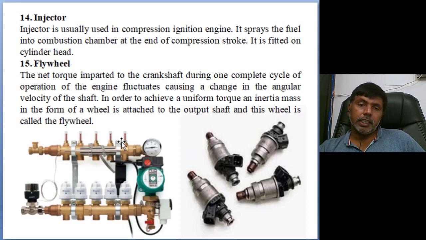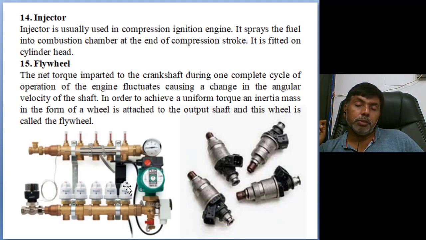Coming to the injector system. Here we spray the fuel, but after compression, dense air is available. If we spray the fuel directly onto the dense air, it will not mix with the air. So we want to spray the fuel inside the cylinder at 4 to 5 times higher pressure, and then mixing of the air fuel mixture will take place. For that we use an injector connected as a nozzle. It is always closed against spring tension. When high pressure fluid enters, the valve opens, and through the injector the fuel is injected inside the cylinder.